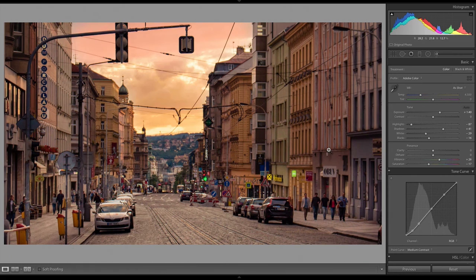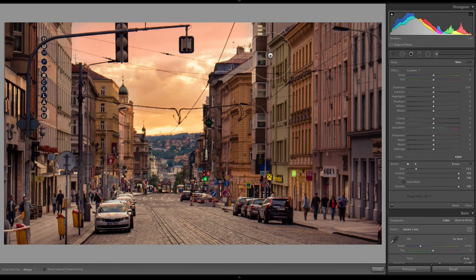So what I'm gonna do with my new edit is go back to my brushes. I'm gonna select the brush that was in the sky, and I'm going to use that to paint onto the streets. So I'm gonna select this brush right here. I'm also going to drop my density just a little bit, and now I'm gonna paint over like here.